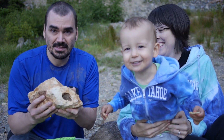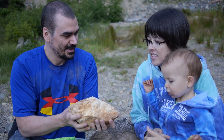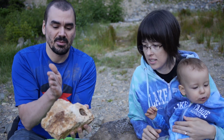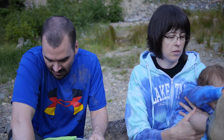But this is a big rock, but it has a really neat inclusion here with some really neat crystallization inside. I don't know if you saw that one, but I didn't. That's awesome. Yeah, I'll do a close-up of that one. So it's pretty cool. I'll probably take a chisel and chip off a bunch of this so that it's just this kind of crystal chamber mainly, and then